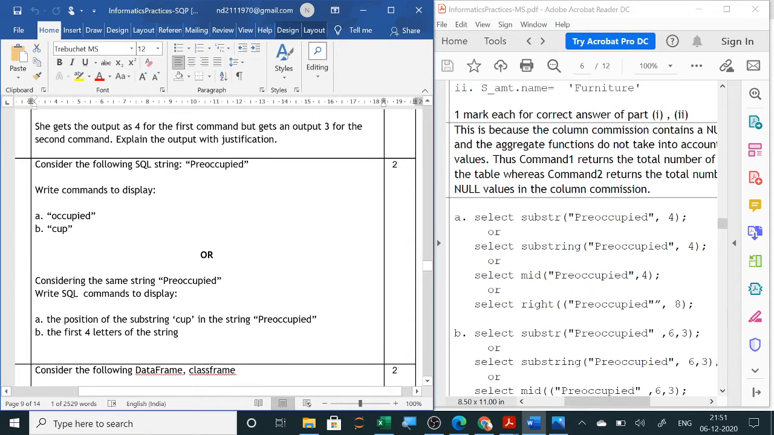Next is the string is given to you and you have to display a part of the string. So substring we have already done, which displays a part of the string from middle. If it is from the middle, any part you have to display, then substring, substr or mid, any 3 you can use. If it is from the right hand side, like occupied you have to show, you can use right also. If it is from the left hand side, then left we are using. So here you can see